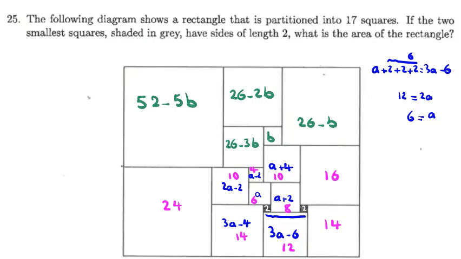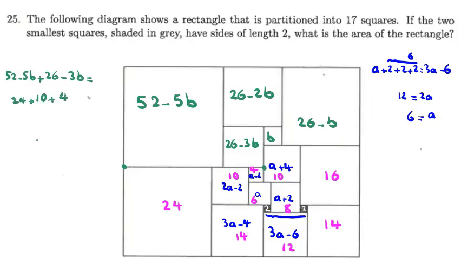Okay, now here, from top, we can say 52 minus 5B, this part plus 26 minus 3B, equal to this plus this, and we have them 24 plus 10